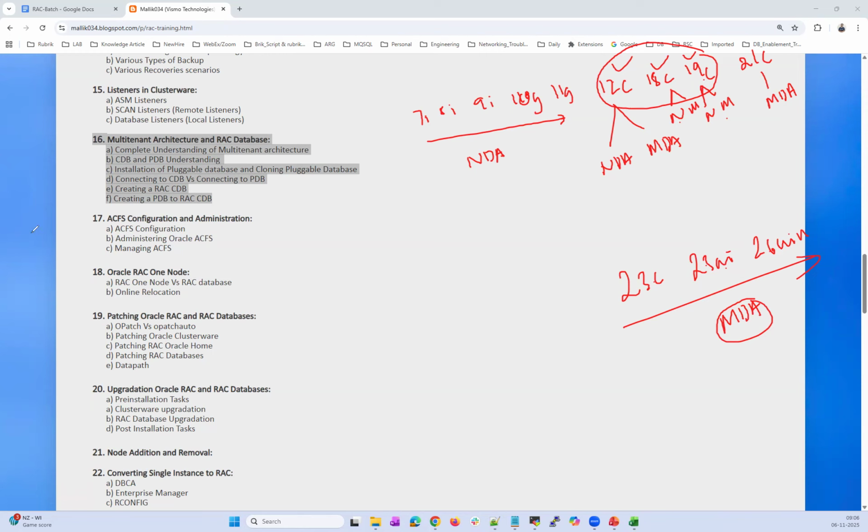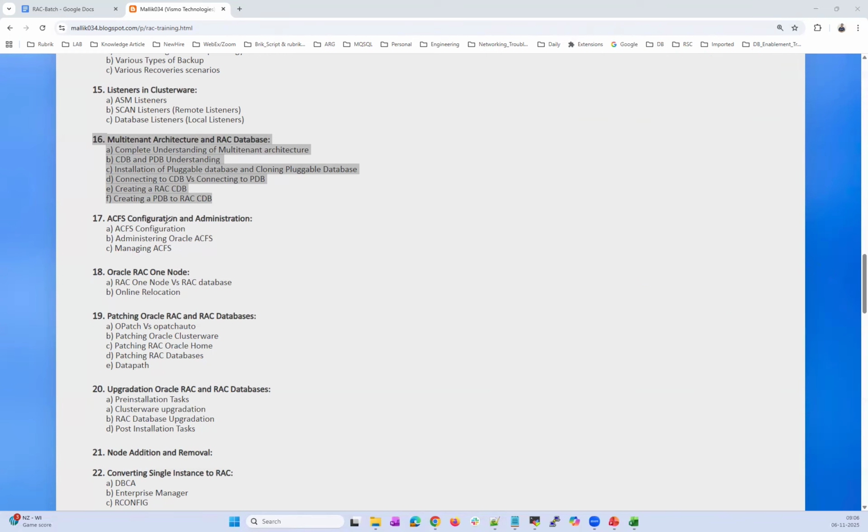We'll talk about a complete end-to-end understanding of multi-tenant architecture, how it works, and how it is different from the normal database architecture. Why Oracle is focusing on multi-tenant databases, and what the CDBs and PDBs are, container database and pluggable database. How to install, configure, and clone your CDBs and PDBs.